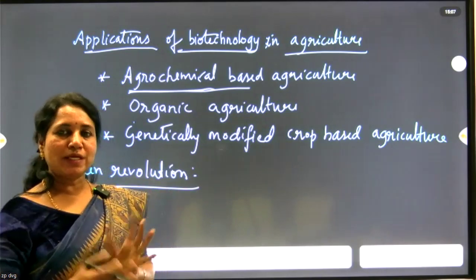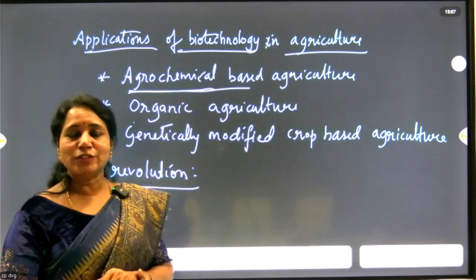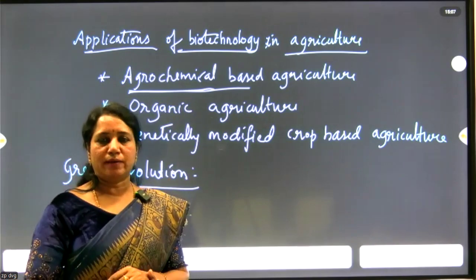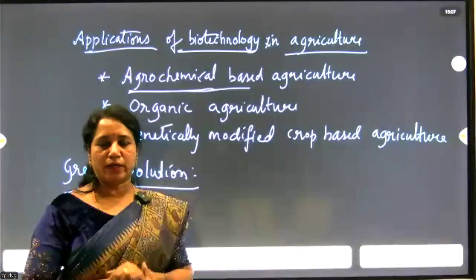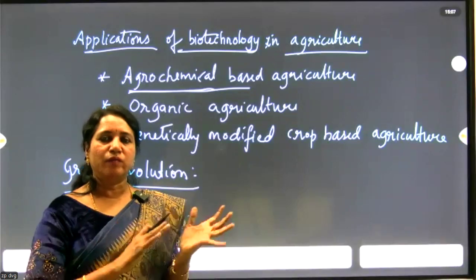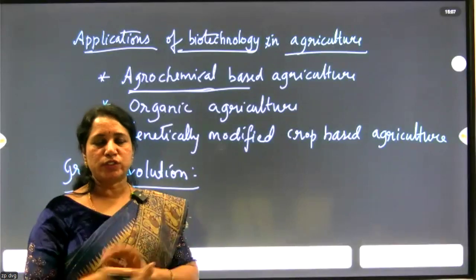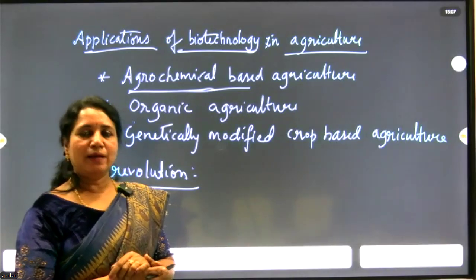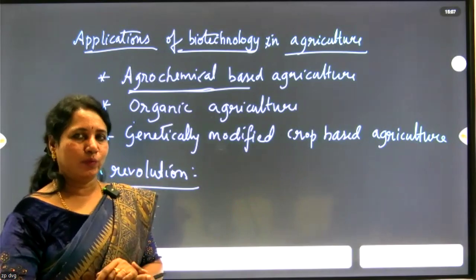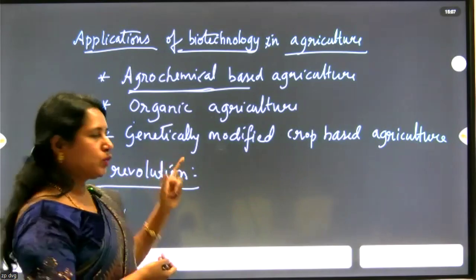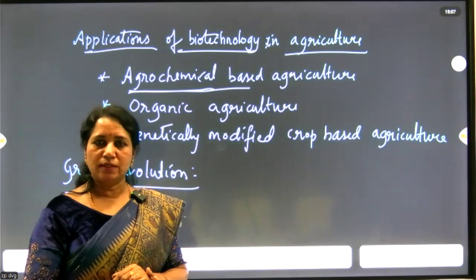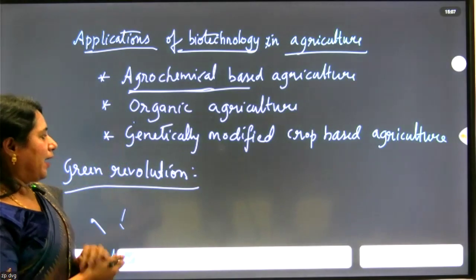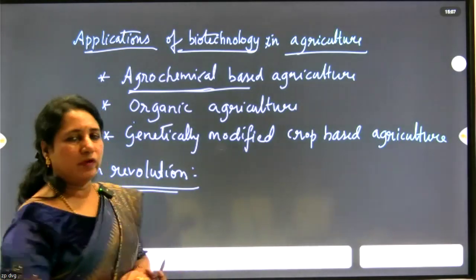And later on in the recent era, these two agricultural methods were conventional, that is, the traditional agricultural method. So the recent scientists in biotechnology thought that agriculture will yield better and be very effective and fruitful only when we use genetically modified crops. Okay, that is one. And what is the impact of the green revolution?